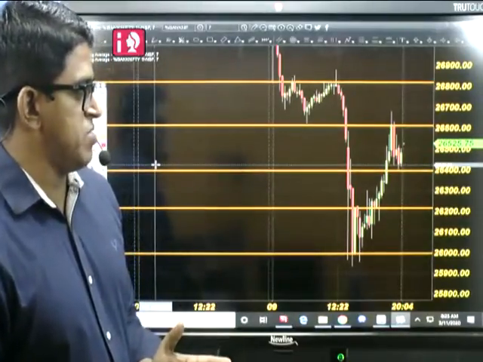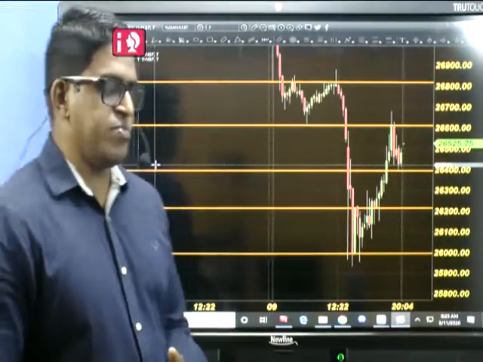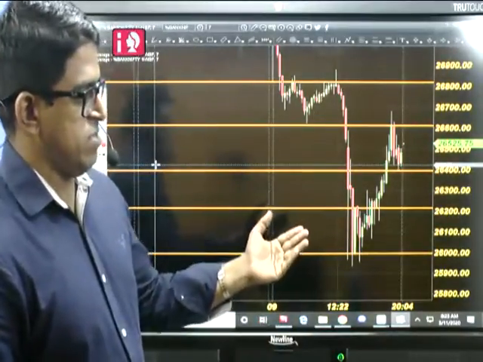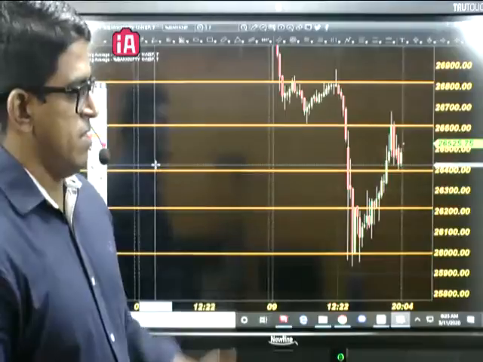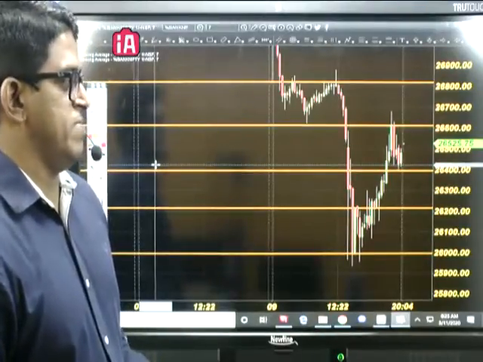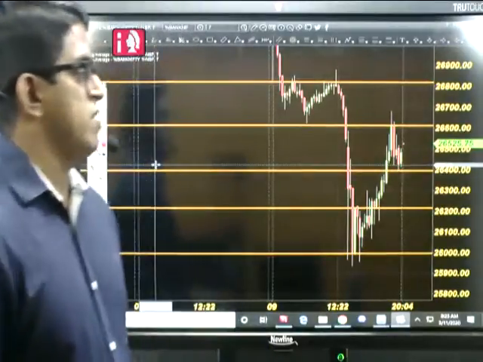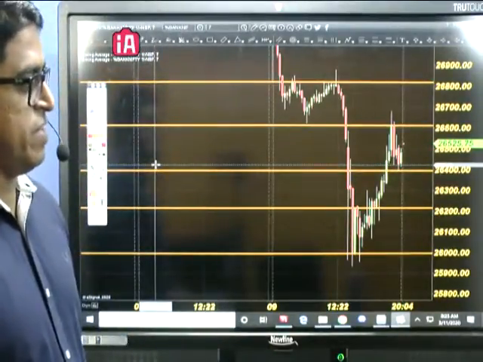Our main objective is to have a day trading point of view. So for today, we can hit on resistance. Surely there will be some selling, and we can pick a profit and exit from the market. So that's all we have for Nifty index futures and Bank Nifty index futures.